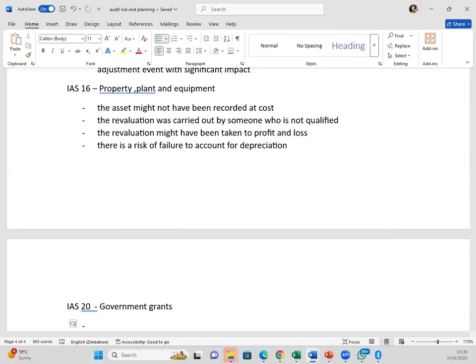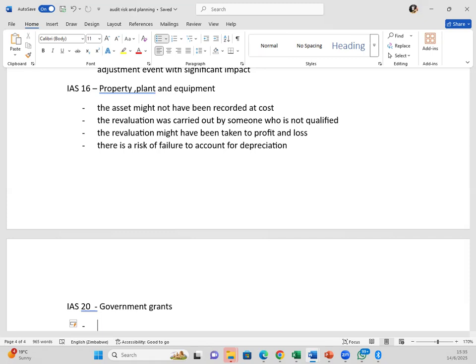If the grant that you have received from the government is a revenue grant, it's supposed to be netted off against the expenses. That one is normally easy, where you use the grant received to subtract the expense. So if you're supposed to pay expenses of $100 and you receive a grant of 20, you record expenses of 80. But the capital grant now,